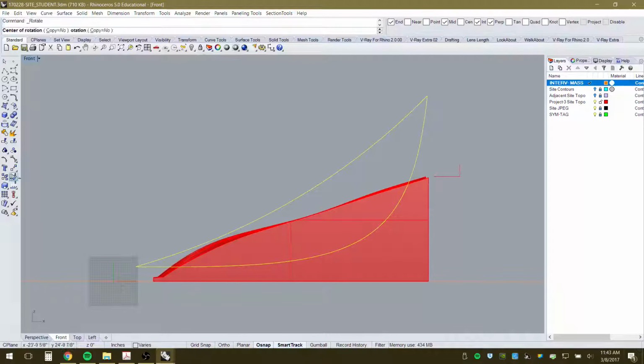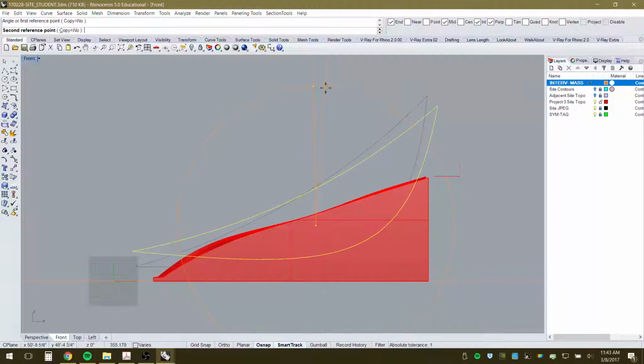Maybe I want to rotate them, just using the 2D rotate in this case. Pick about the center and maybe just rotate it a little bit. Maybe instead of this going all the way down, this becomes a roof condition down there. Maybe you come into the broadside there. Maybe I don't really like that geometry yet, so